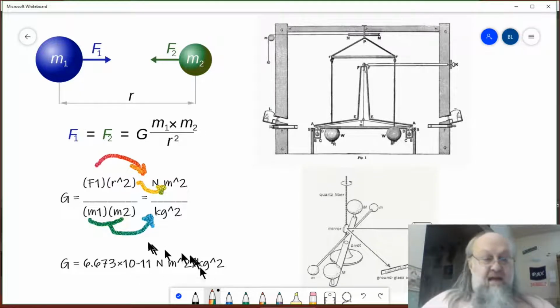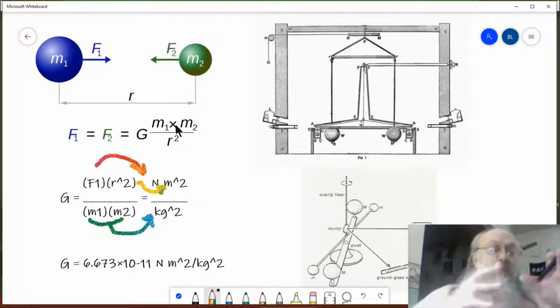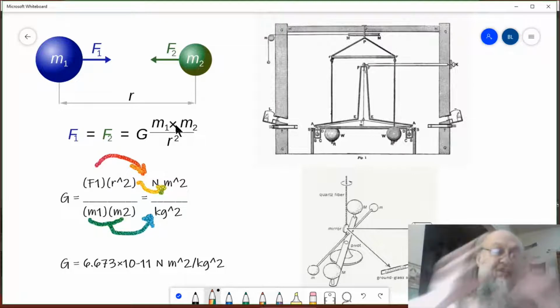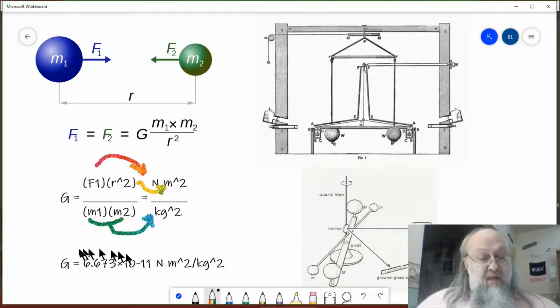We can't do that now because we already have newtons for force, and we have this over here that's in a different unit. So we can't just say, okay, one of these equals one of these. Therefore, we have to adjust the units and also multiply by a particular number called a conversion